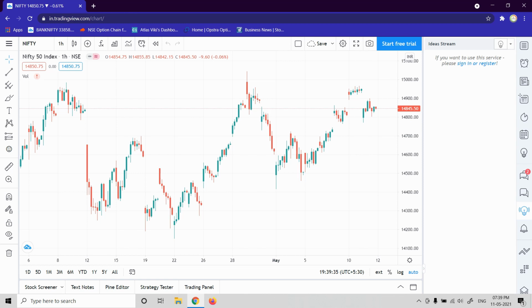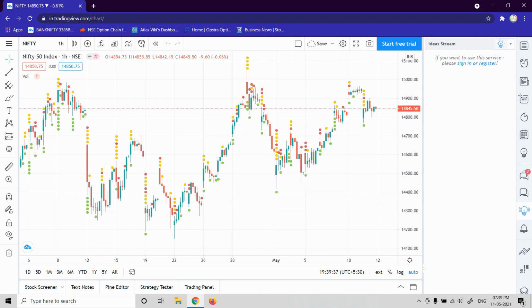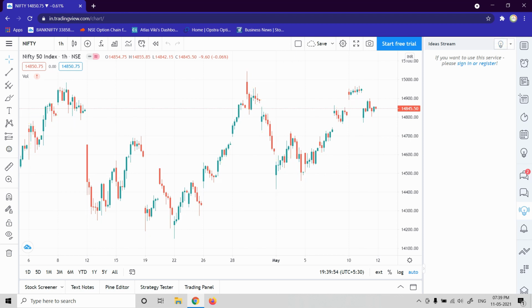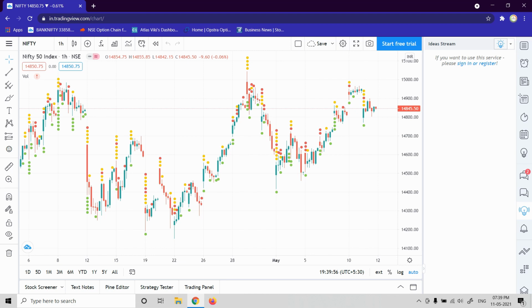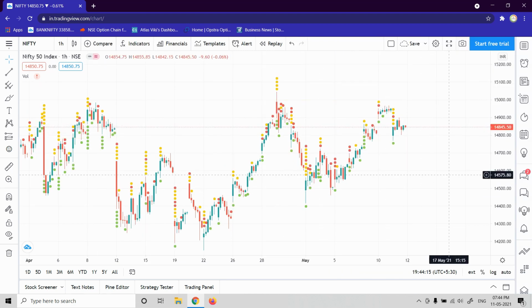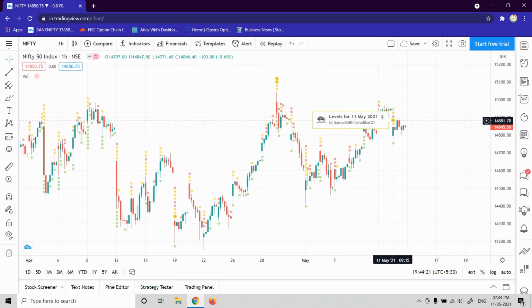So I will tell you what this idea basically is. It is not showing here for me right now because I have not signed into any of my accounts, so that is the reason it is asking me to sign in. If I had signed in, I would get all the ideas and the updates here in this place. So let me show you. If you see the bulb here, if you make this bulb glow, the ideas will start appearing in your chart.